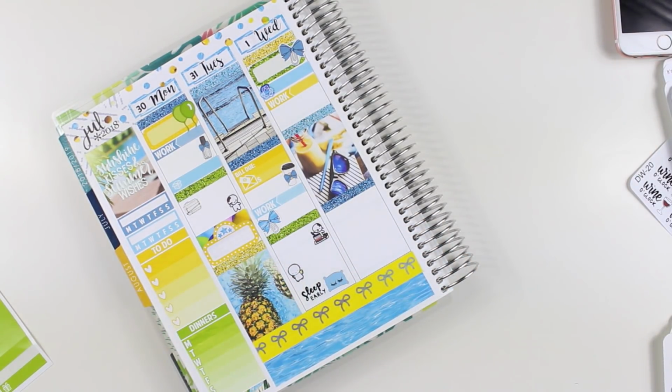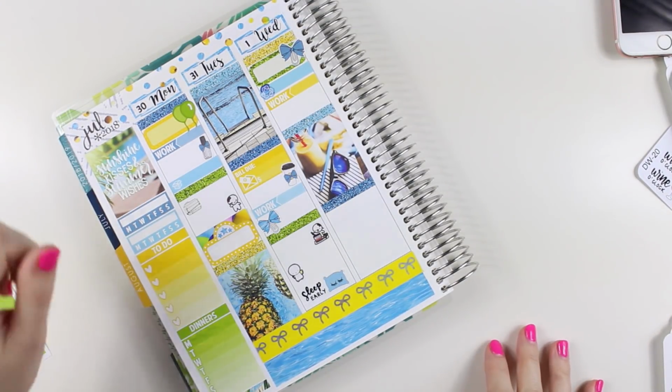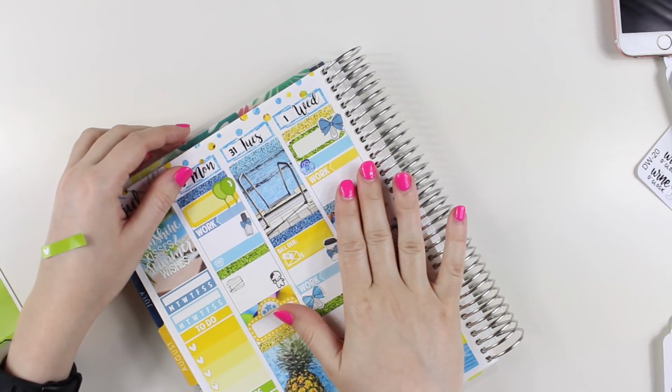There we go. Should I layer some washi under that, or no, I'll just leave it the way it is. Okay, so